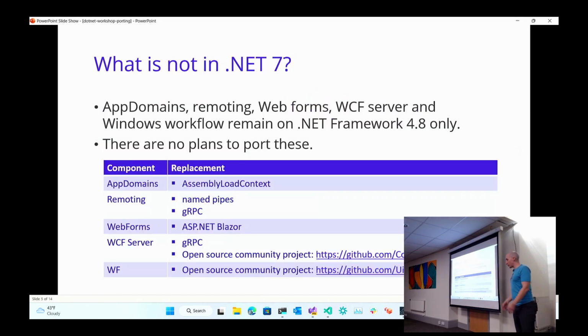So we've talked a little bit about a history lesson of .NET, which was really helpful. Raise your hand if you think this was helpful. That was my talk. Thank you so much.